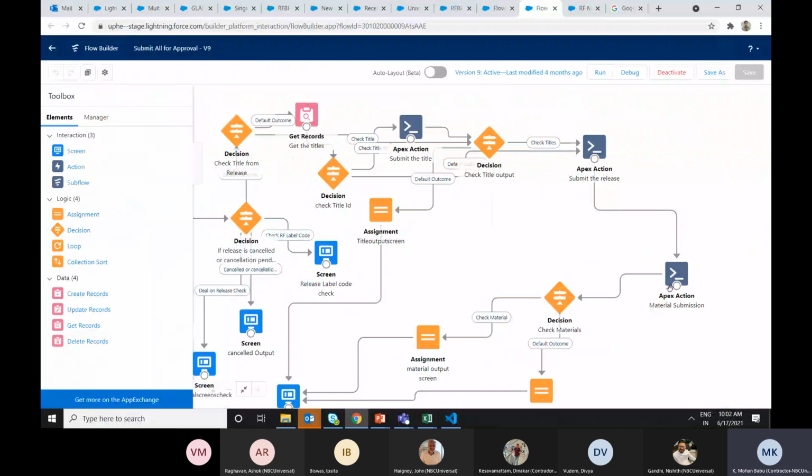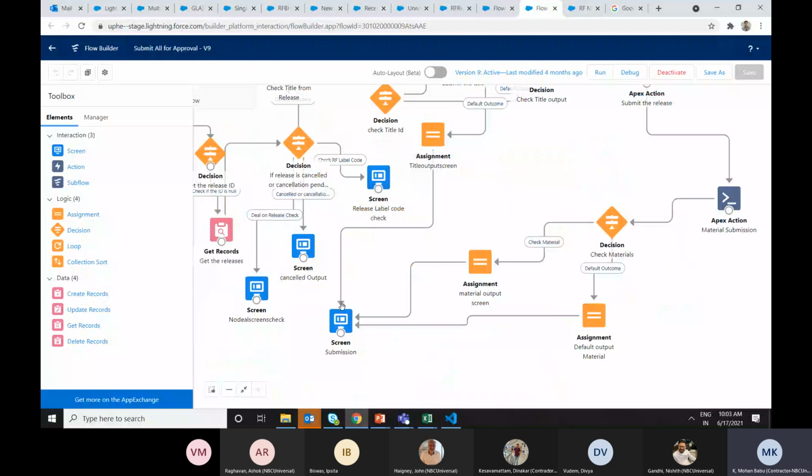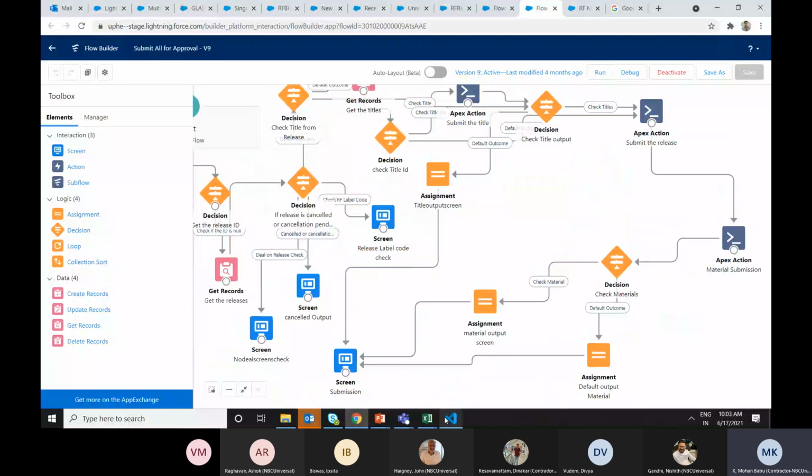Similarly for the material. During the submission, if we get any error, we capture that in the Apex class and return the error message to the screen, and from the screen we show that error. And the Apex class is like submit.